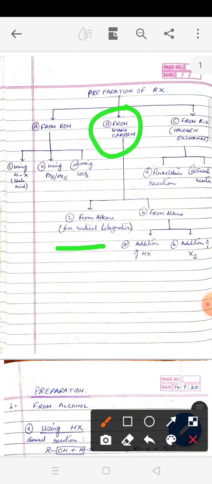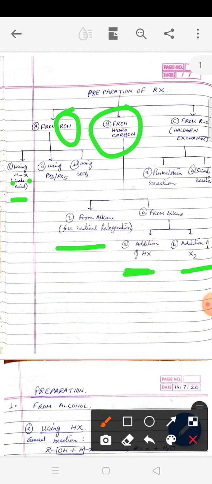The other one is from alkenes. From alkenes you can have haloalkanes in two methods. The first method is addition of haloacids. Remember, here also we have used haloacids, here also we have used haloacids. But the difference is, here the OH of alcohol will be replaced by the halogen. And here, since alkenes have a double bond, they will add up HX. If you remember, this is also a repetition. We have done it. And if you remember, we have discussed Markovnikov's rule. So here we shall make use of this rule in preparing the haloalkanes from alkenes.